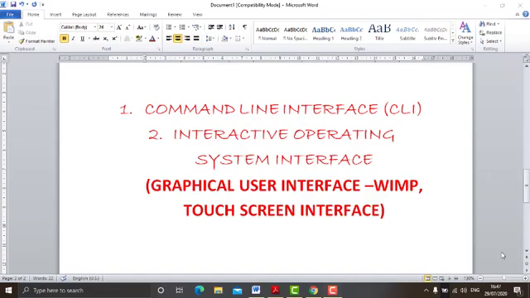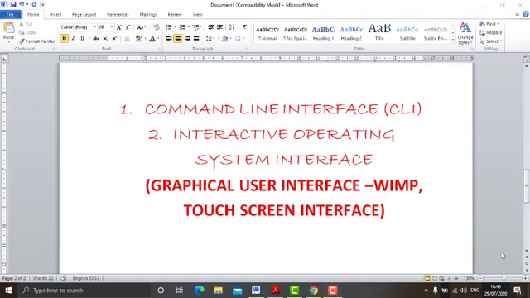This type of interface does not require commands. Every action, every function is predefined, and all those actions are there on the screen, and we simply need to point on those and click on it. These all are there in the form of menus, icons. So we only need a mouse pointer and we need to click on the action which we need to perform. All those actions are there on the screen. We only require to click on it and that particular action will be performed.